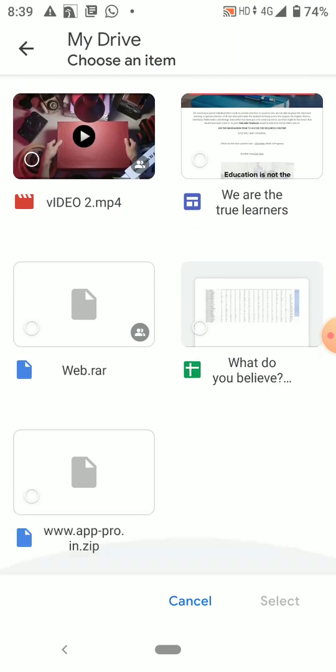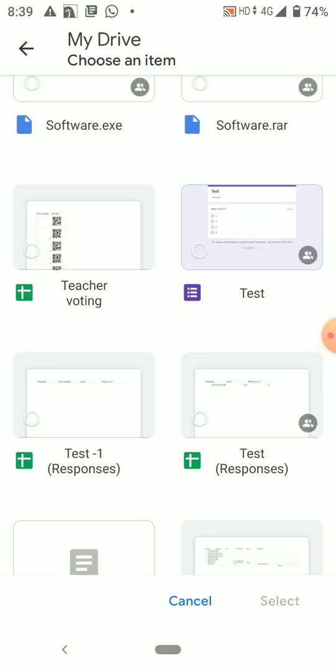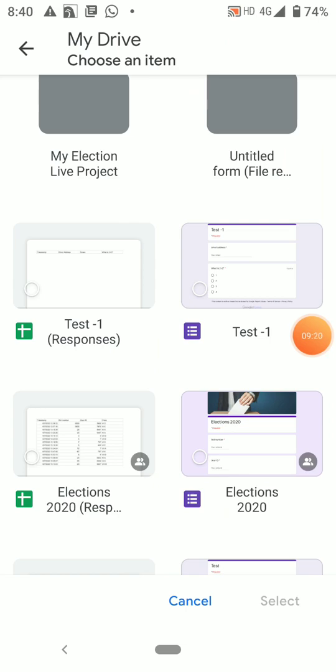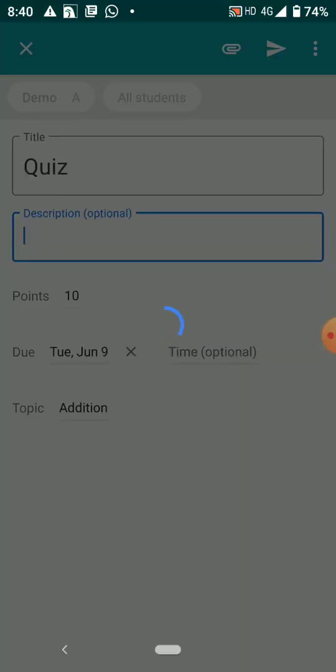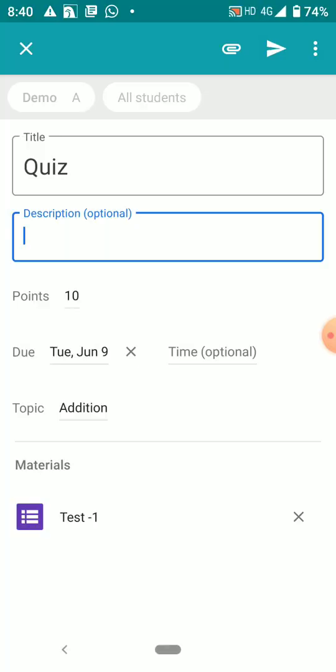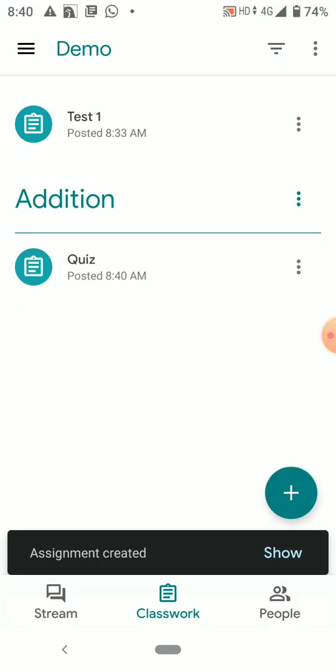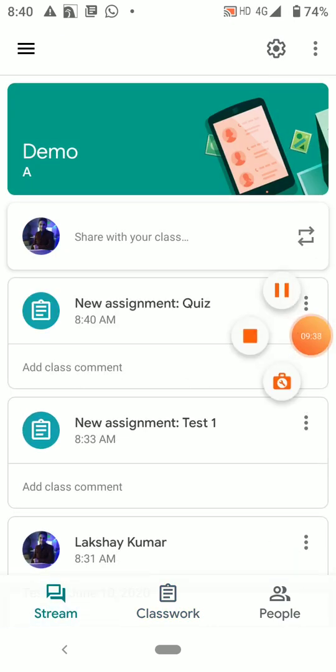Trial form, so I have found it, it was on the top. I was searching in the bottom, so I'll click on this, select. It's been added now, and now post. Okay, it's done now. My students will be able to see this.